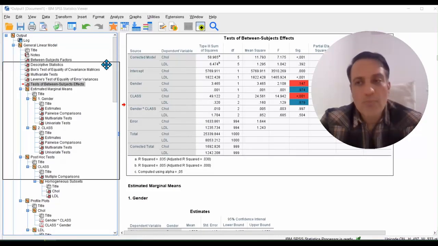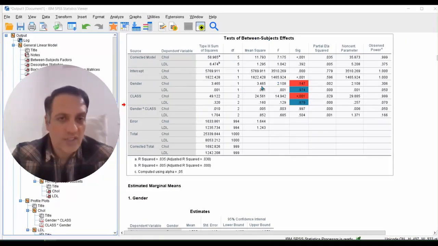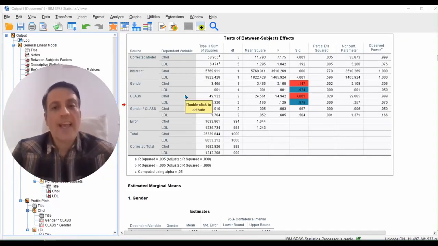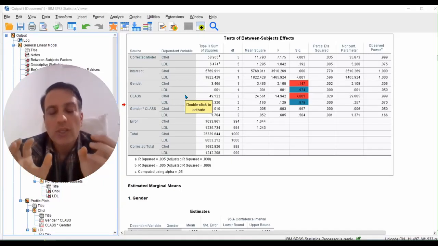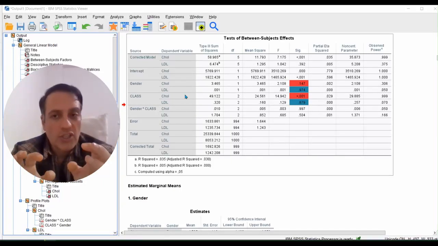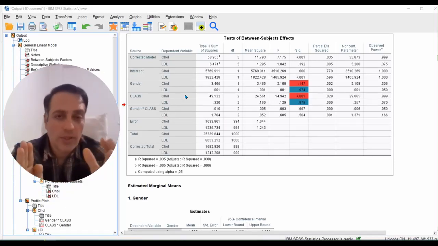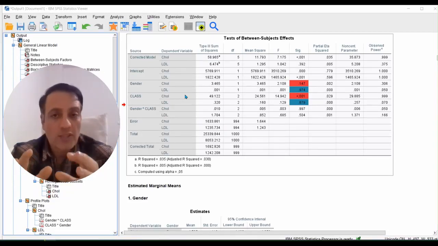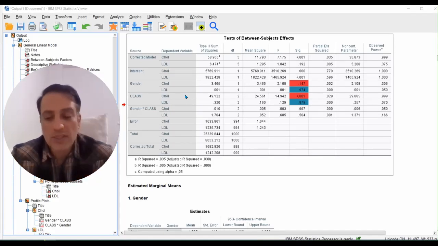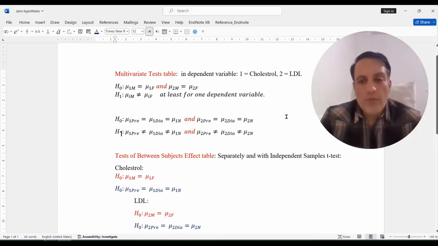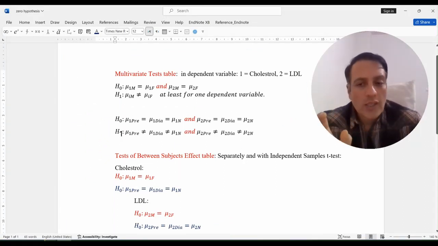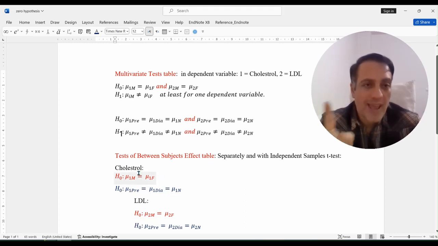In the tests of between-subjects effects table, we can check the linear relationship between every independent variable and every dependent variable. But what is the null hypothesis for every part of these tables? Now you want to check the linear relationship between cholesterol and